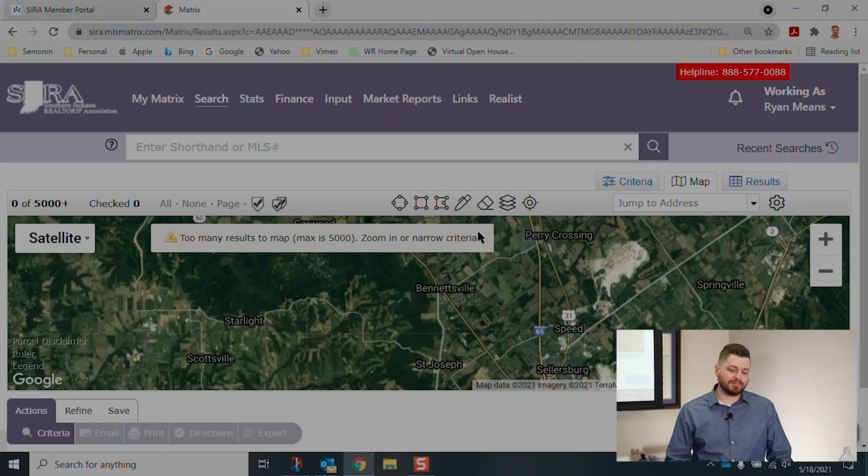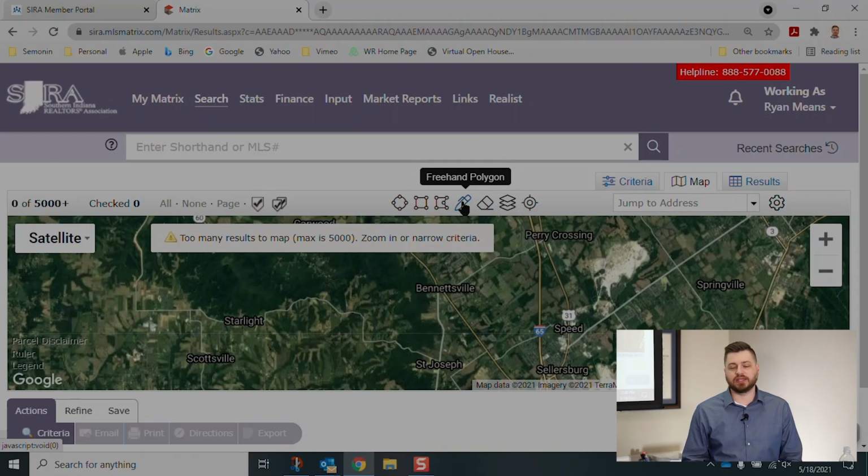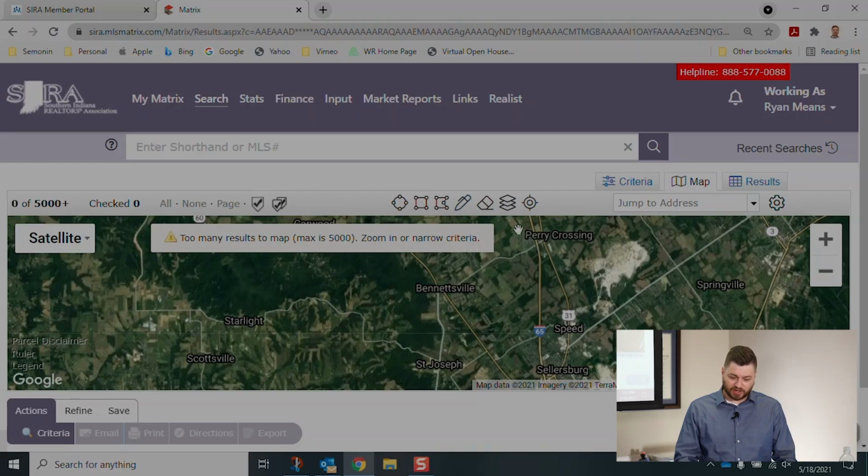Now let's draw that same shape, but let's do it using the touch-enabled functionality. So the fourth icon, the middle icon here, is what's called the freehand polygon. It's still a polygon, so you can literally draw any shape, but it's freehand. So instead of having to click, click, click, click, click, you just tap and draw. Now I'm actually still going to use my mouse, but you could do this very easily on your phone or tablet using your finger. So I click on the pen, which is the freehand, and I still click where I want to start,